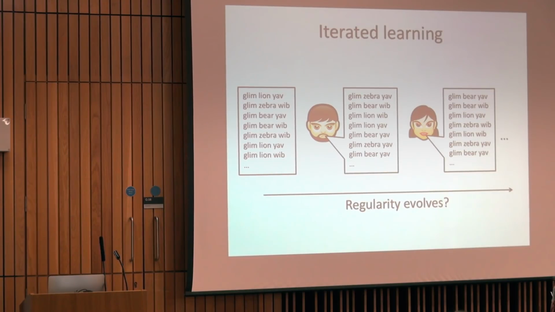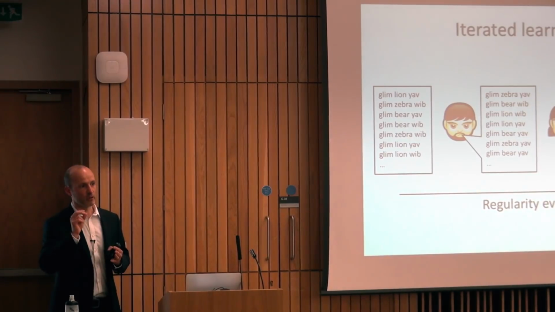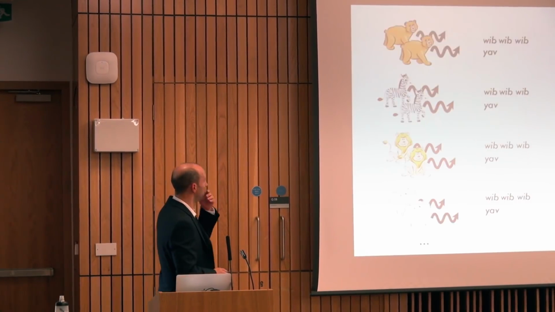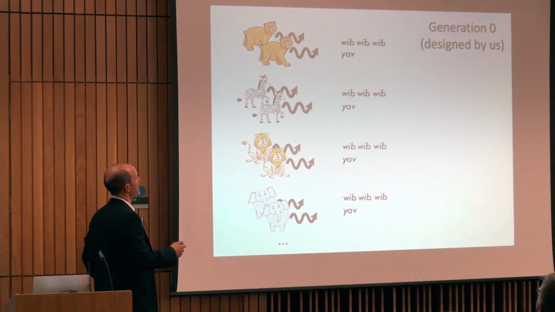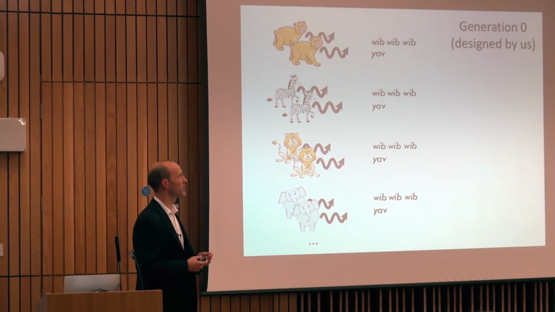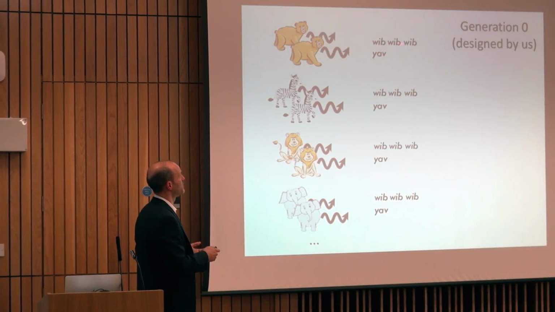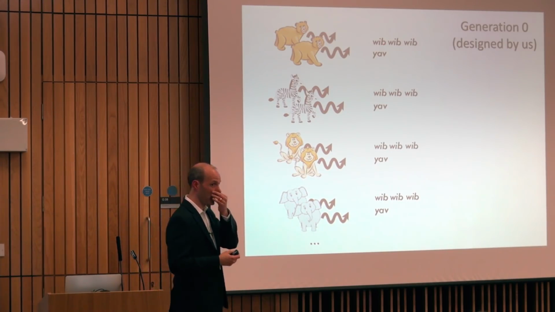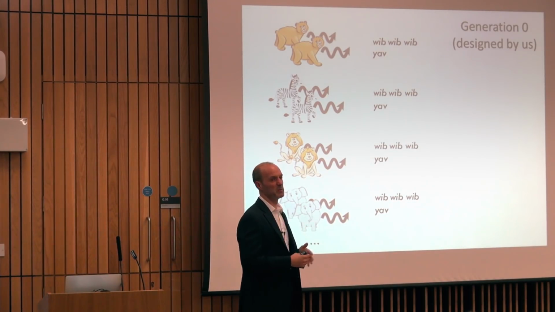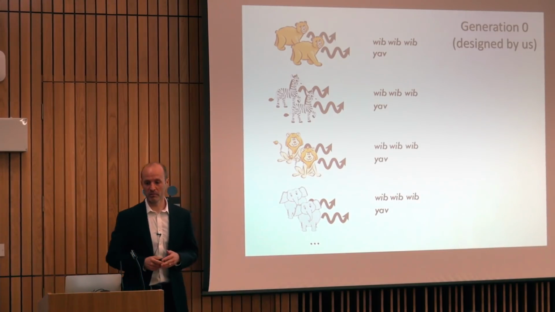Okay, so I'm going to show you results for one kind of example chain of transmission, show you what happens to this little messy plural marker, and then I'll show you some graphs with some more general results. Okay, so in this case, our participants are learning a language where we set it up at the initial generation, the initial version of the language which we designed. We set it up so that both markers could be used to mark plurality for every scene, but one marker was more common than the other. So we set it up so that 3/4 of the time you'd use wib, and 1/4 of the time you would use yav to mark plurality.